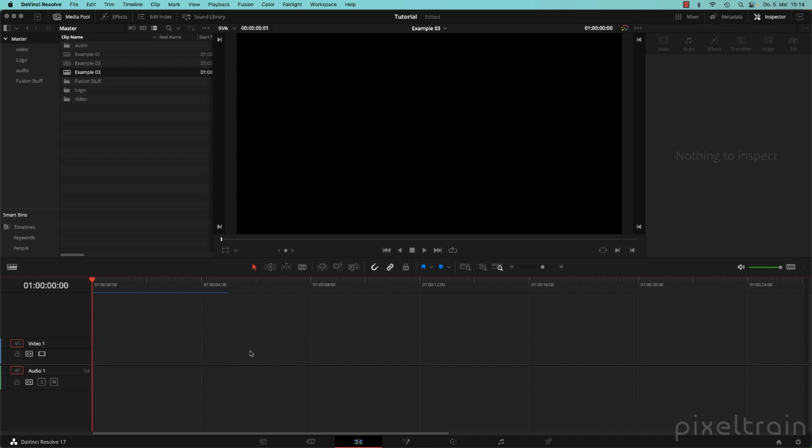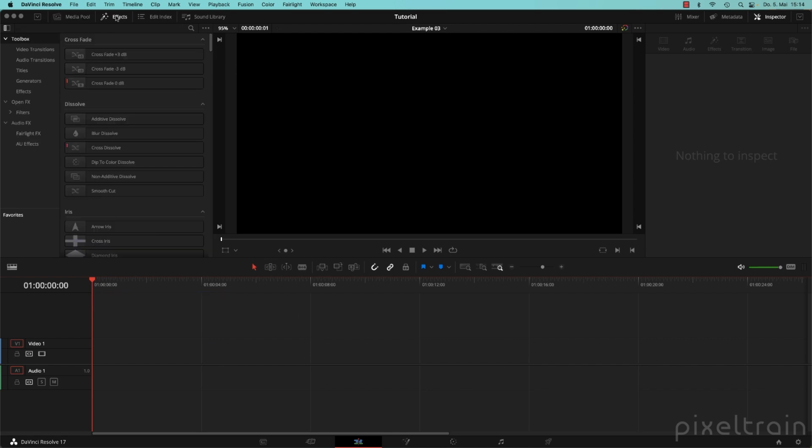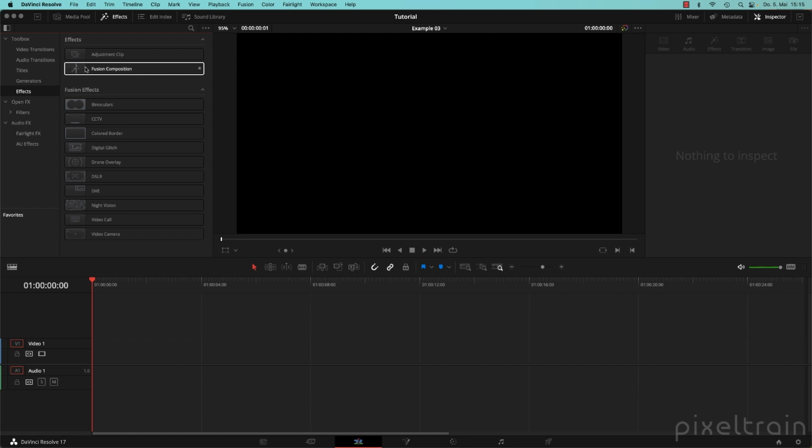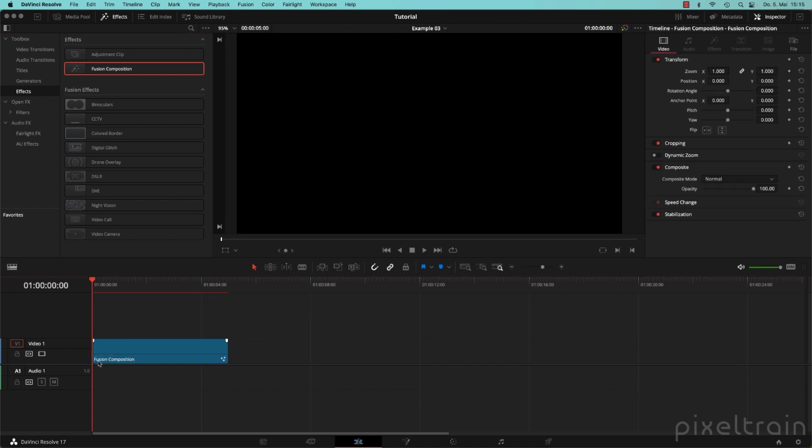Another way of doing that here would be, it's empty, you go here to effects. So you open the effects panel in the toolbox, go to effects, and here is a Fusion comp. And then you can place it here. I show you that because sometimes you want to use this Fusion composition as a placeholder for a later motion